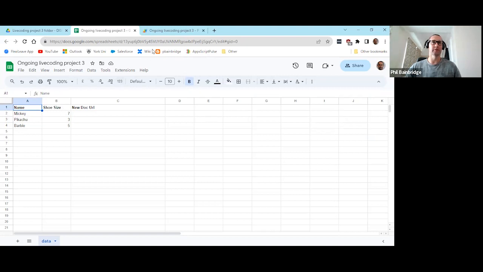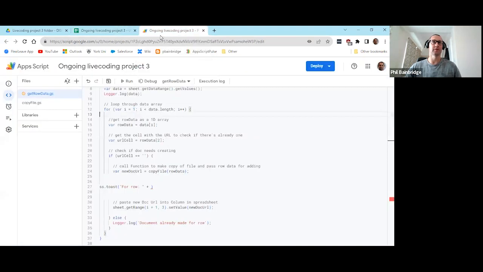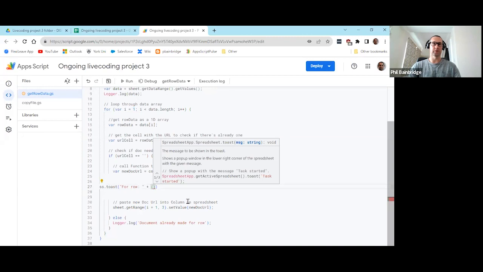Again, this will be more obvious when we actually see it running and the Toast notification pops up. But what I actually want to do then, in another set of brackets, is I plus 1. So I want to take what's already created in the loop and just add 1 to it to account for the fact that I'm not in an array and I don't want the header rows.